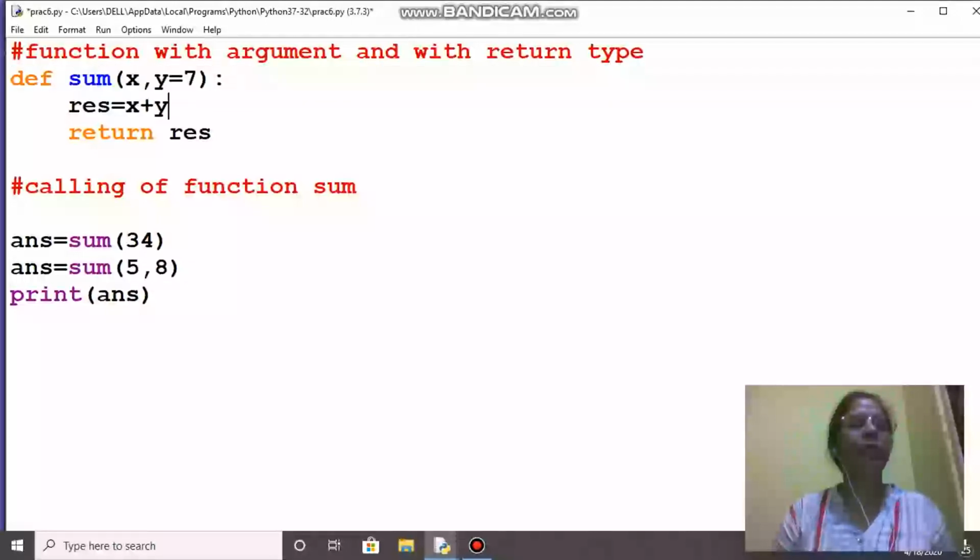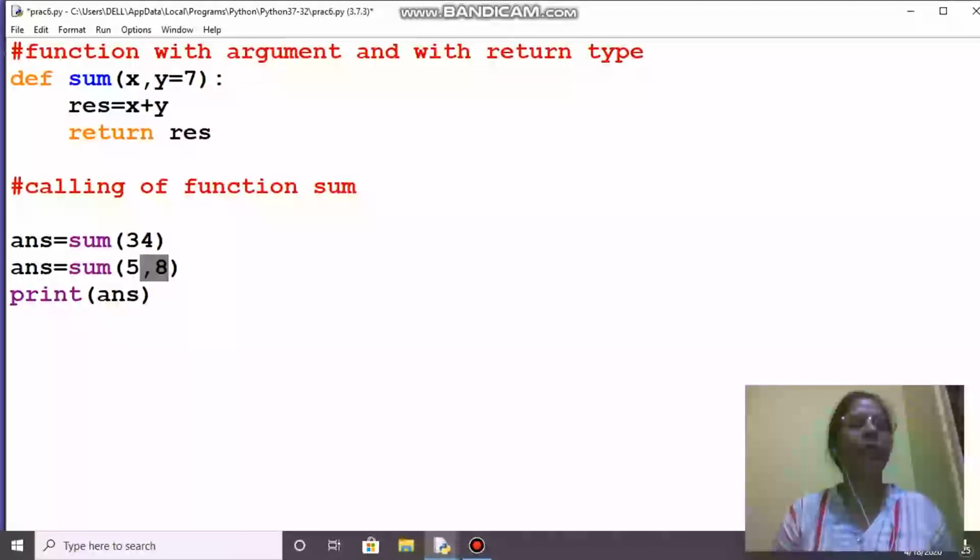So now will y execute with 7 or with 8? In this, first preference is given to the user, the one who is using the function. I am the user, I am using the sum function, I am giving 5 and 8. So it should give 5 plus 8, 13, not 41. Y's value will be 8, not 7.